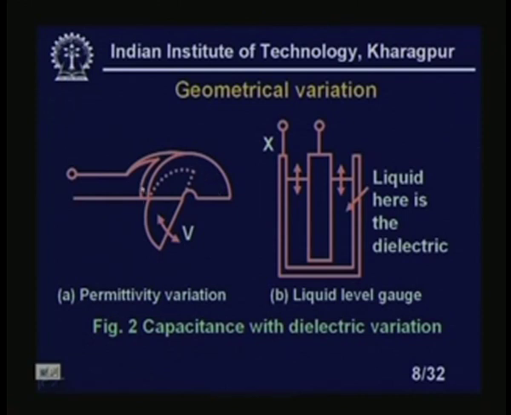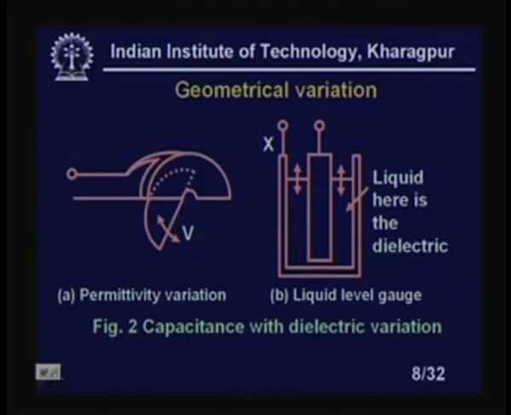Those who are familiar with heterodyne receivers, our radio receivers, know that we change the capacitance value to tune different radio stations. So, basically there I am changing the permittivity between the two plates, because these plates, if you look very carefully on the screen,